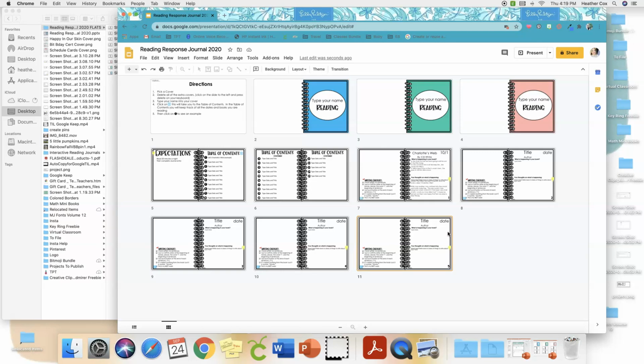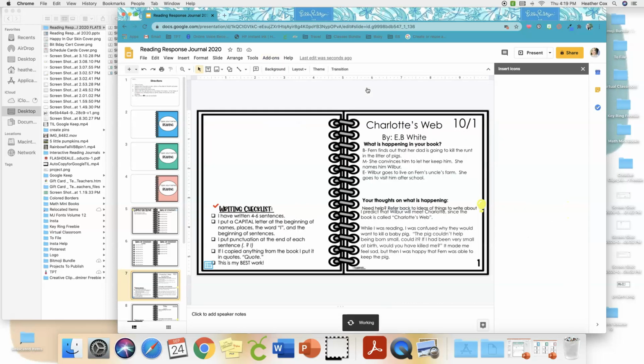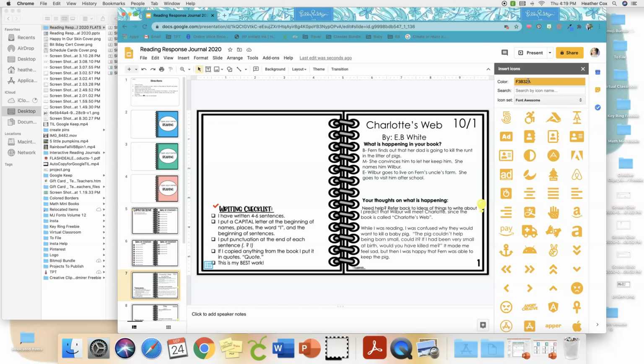And then icons. So let's say that I want an icon to link back to their cover or to the directions page. Let's link back to the directions page. So under add-ons, you're going to go to get add-ons. You probably don't have this, but if you do, it's called icons for slides. And from here, if you already know your hex code for what color you want, then that's the easiest way. This slider is really not that easy to use. But let's say we're going to go with green,